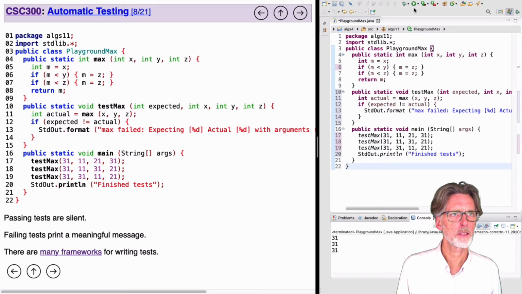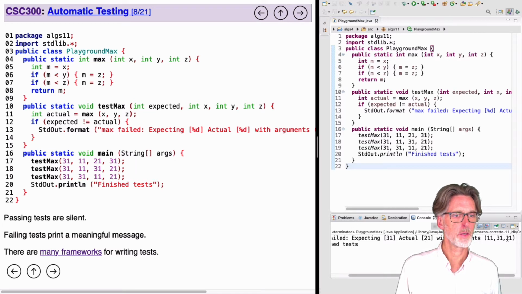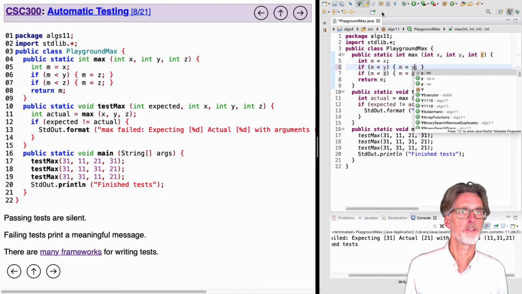So when I run this test, you can see, oh, it failed. Why did it fail? I did that intentionally. So this is a failing test. What it says is here, I was expecting 31, but I actually got 21. And the arguments were 11, 31, 21. So it failed in this case. And just by inspection, I can see what the problem is. There's just a typo there. So if I fix that, then